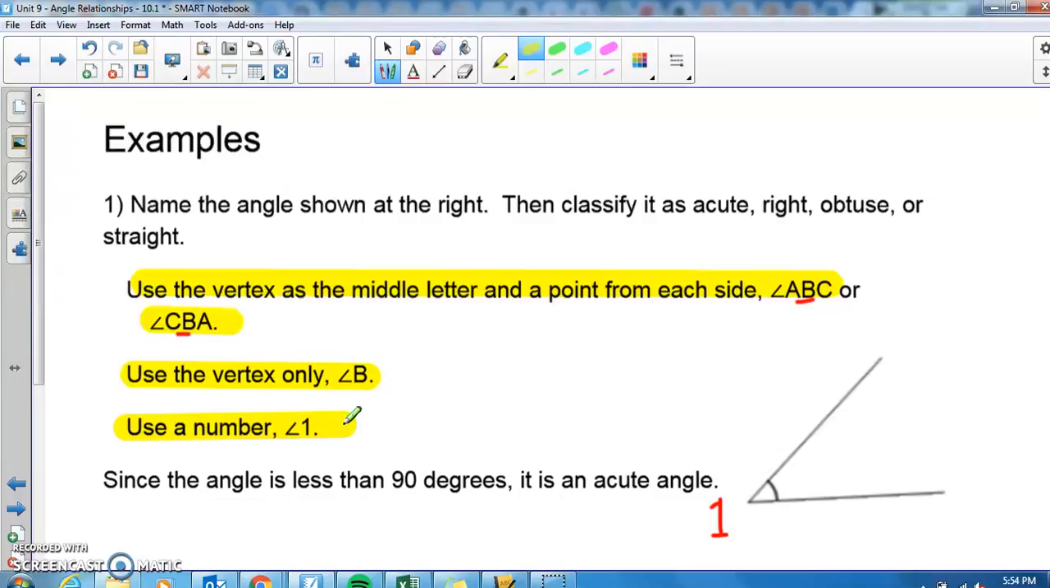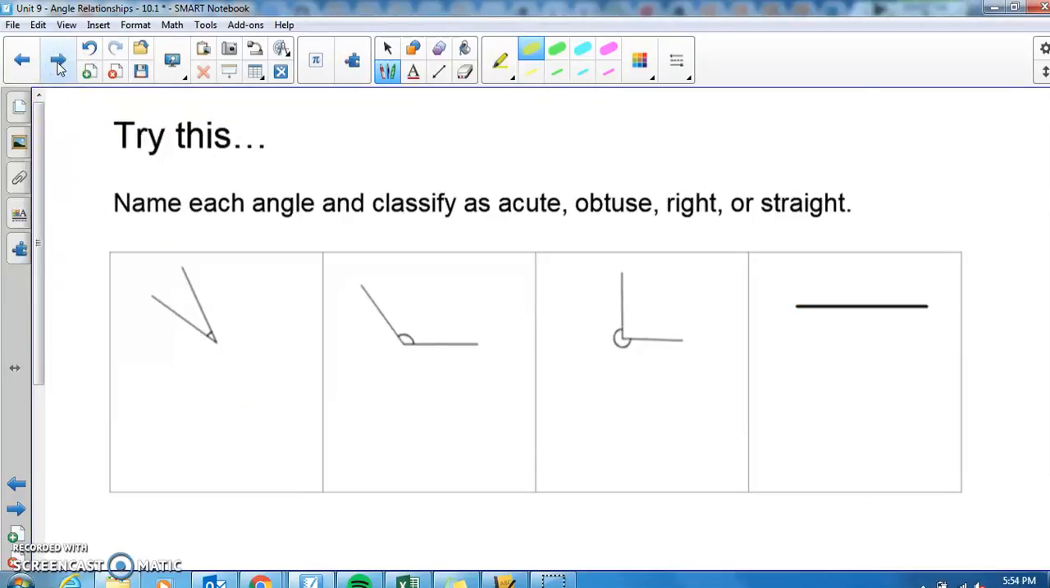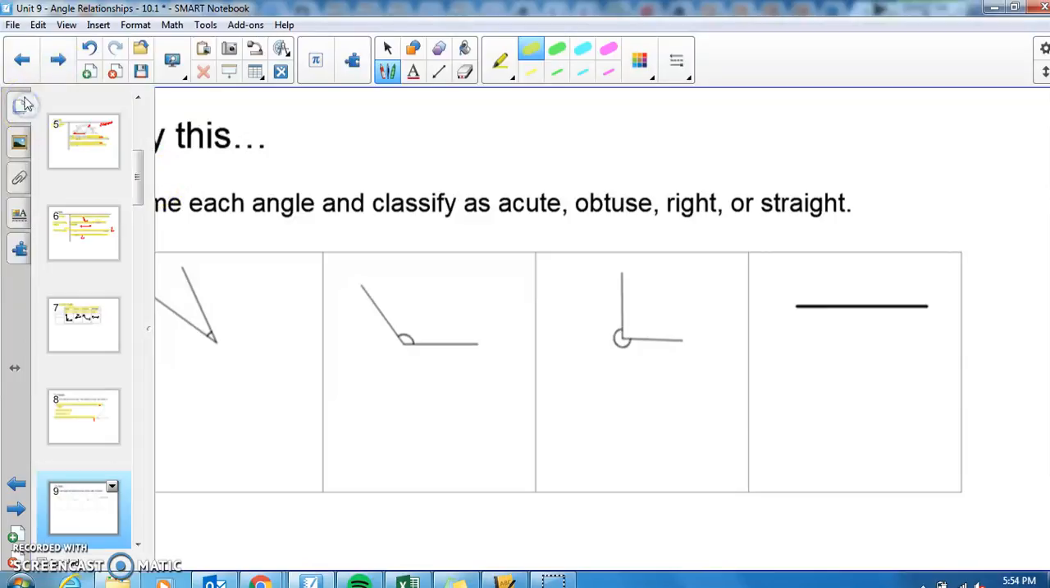All right. And since the angle is less than 90 degrees, we know it's less than 90 degrees because you can look at it and tell, that would be an acute angle. All right. So what I want to do now, real quick,